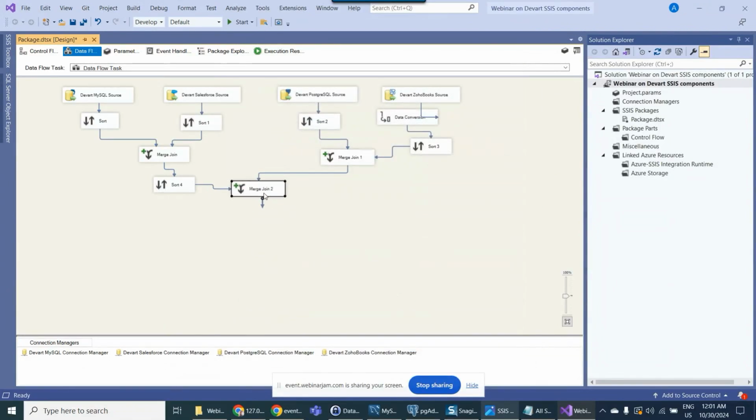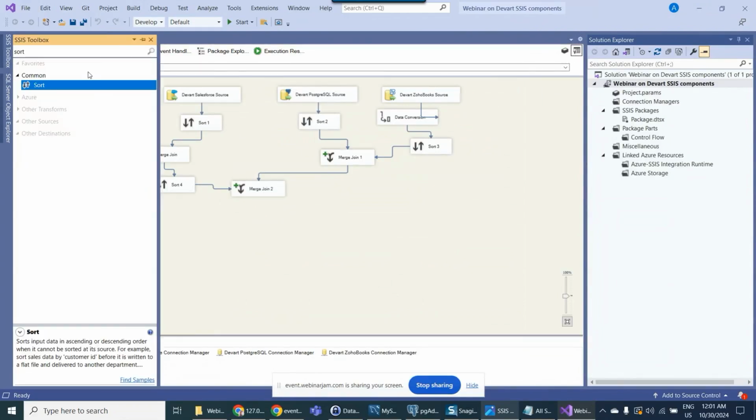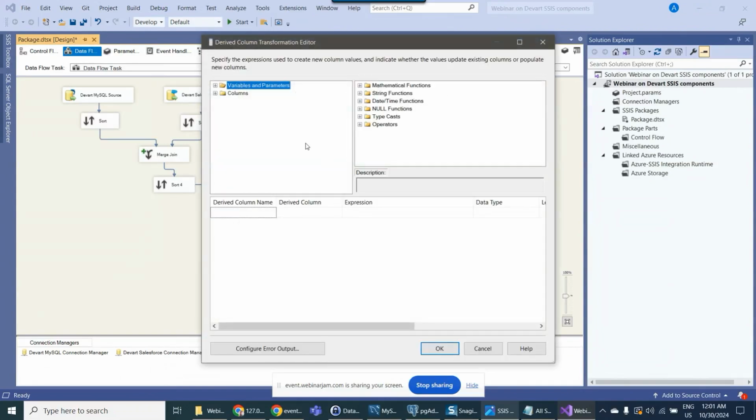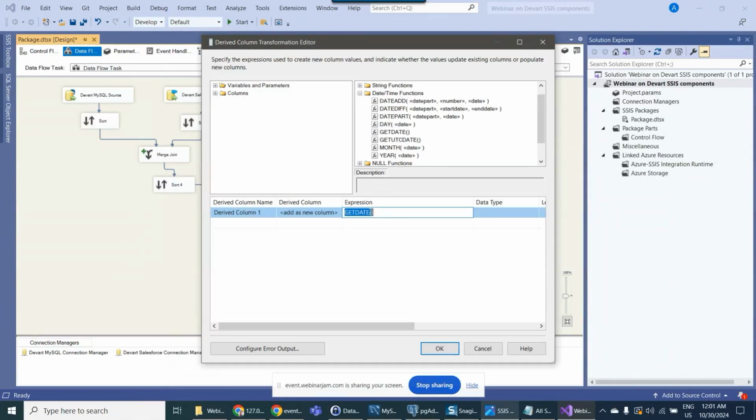And now I want to add some additional columns into the data flow. For example, I want to add the current date time. I want to add the machine name. I want to add the username. For adding some additional columns, we can use the derived column transformation. So I can simply drag and drop the derived column transformation, and then I can configure it here. To get the current date time, we can use the GETDATE function from SSIS,